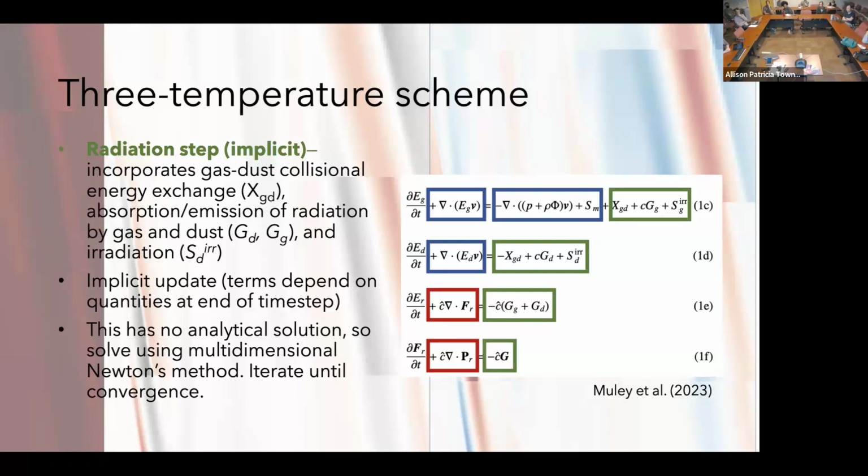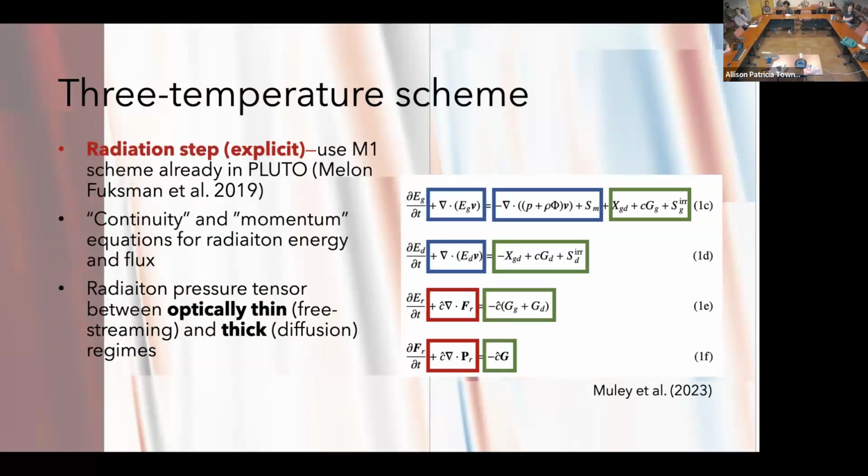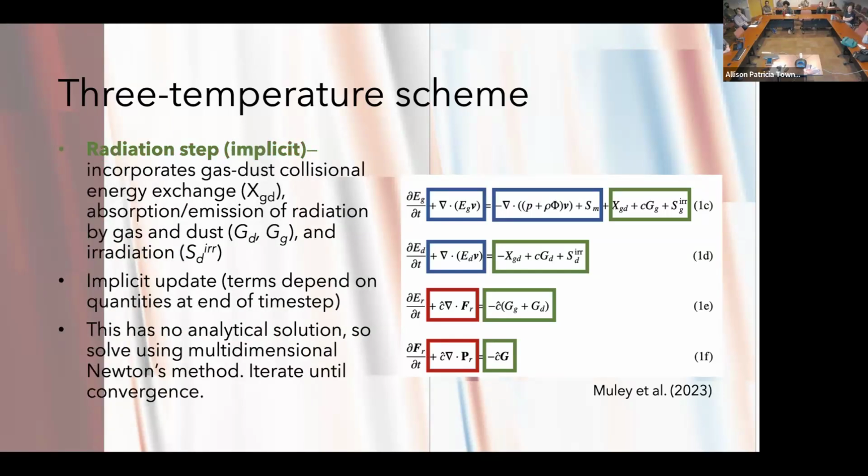And now I think this is really where my contribution came in. This implicit radiation scheme incorporates the terms for gas-dust energy exchange, which I flashed briefly earlier: absorption and emission of radiation by gas and dust, opacity, and then of course the stellar irradiation. Now this part was implemented explicitly, so you just directly evolve it. And then this part is implemented implicitly, so basically the update depends on the quantity at the end of your